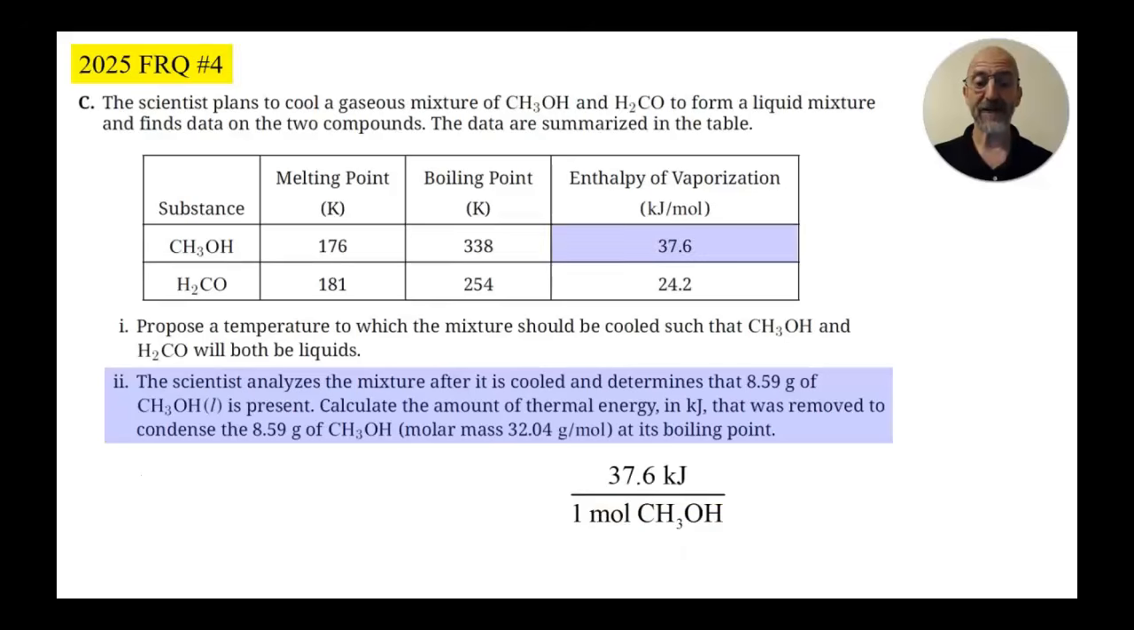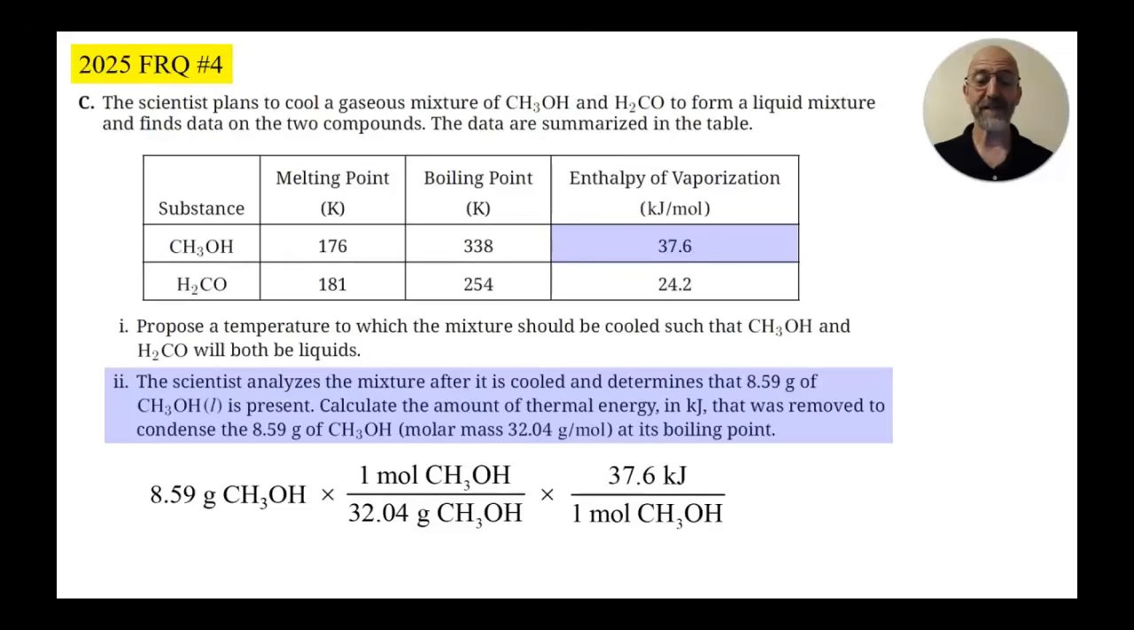So what I'm going to do now is I'm going to write 37.6 kilojoules for every 1 mole of this substance. Now, considering that I was given grams and I have access to a periodic table, perhaps I could convert 8.59 grams into moles. Now, I could look at the periodic table and add up the atomic masses of carbon and hydrogen and oxygen, but they actually gave me the molar mass in the question itself. So the molar mass is 32.04 grams per mole. I would go from grams to moles using the molar mass,